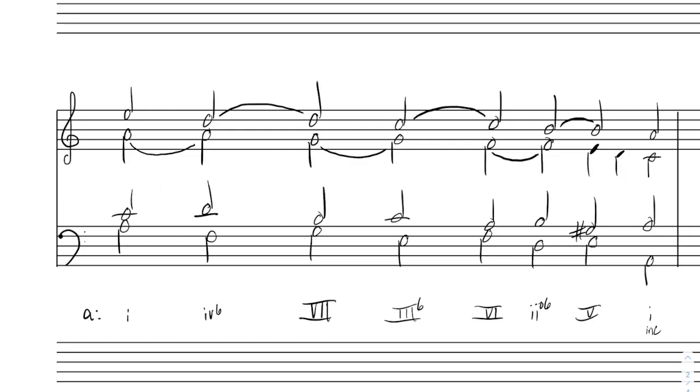One thing you may notice is that I'm alternating between root position triads and first inversion triads, and the reason I've done that is to allow a little bit more continuity in the bass line rather than doing all the jumps of fourths and fifths that it would do if these chords were all in root